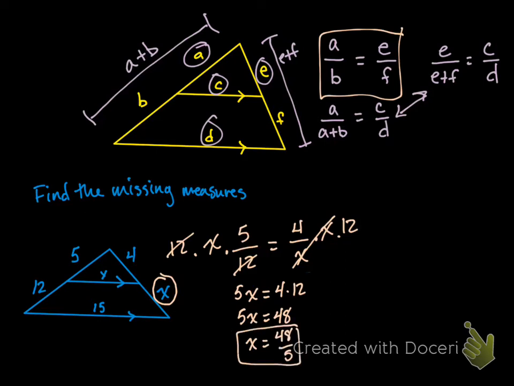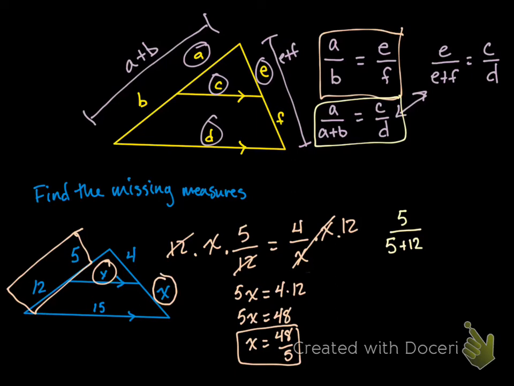Now we need to figure out how we're going to find y. I'm going to say let's use our 5 and our 12 again. So that puts us right over here with our second proportion. So we're going to take 5, which is our A, over 5 plus 12, which is our A plus B, equals C over D, which is y over 15. All right, so 5 over 5 plus 12, let's simplify that. That's 5 over 17